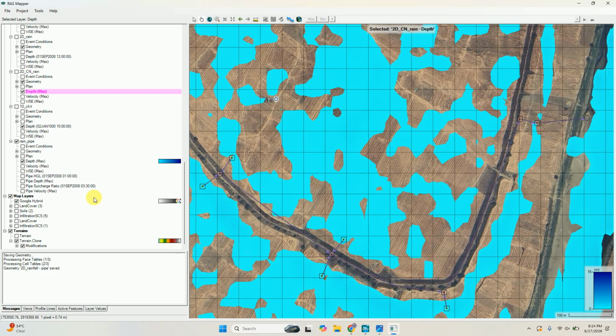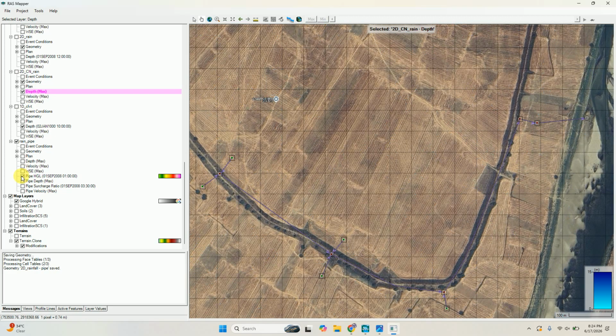And how can you see the flow in the pipe? You can check the depth in the pipe.